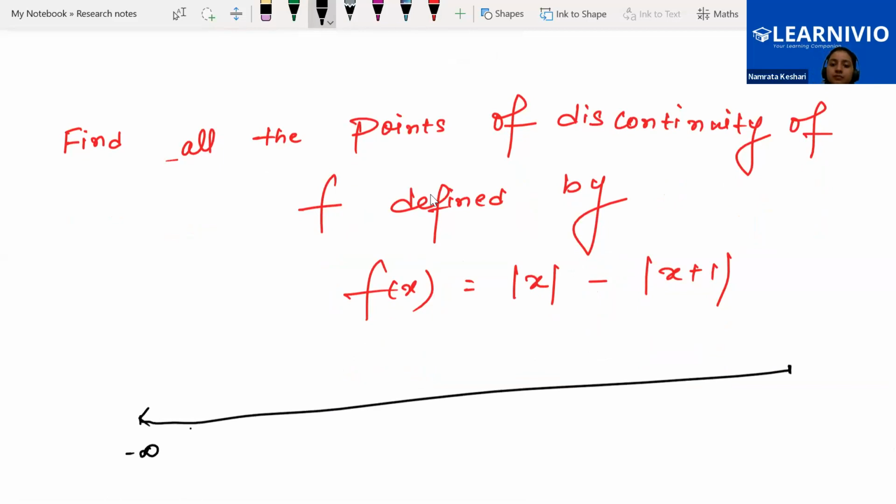If x is greater than or equal to 0, the modulus function will be x. When x is smaller than 0,